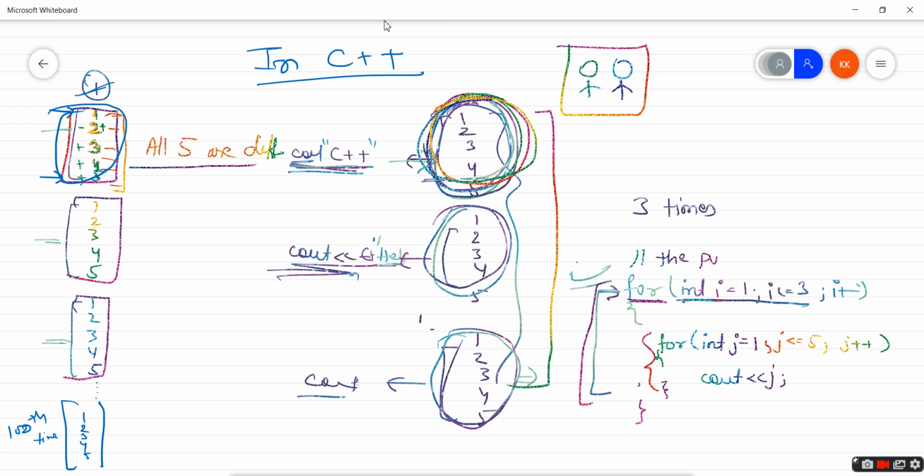According to your code, j should be less than or equal to 3. If that is the case, then we should print while j is less or equal to 3.